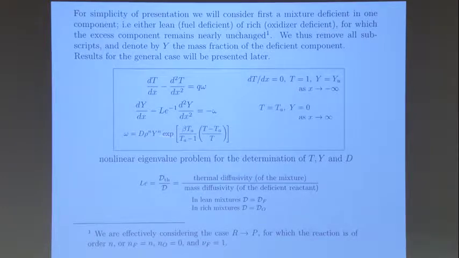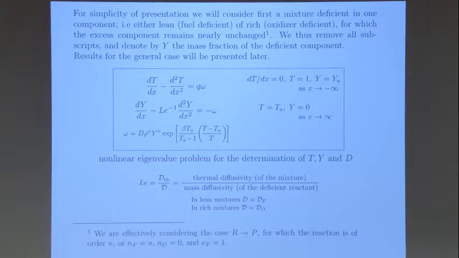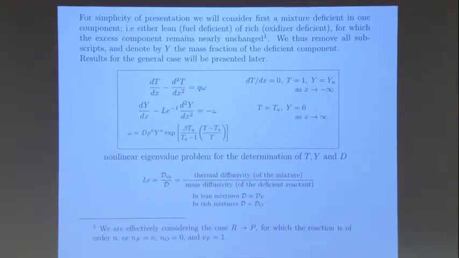Far to the left, the temperature is known, it is the unburned temperature. Everything is made dimensionless here. The mass fraction is known. And far to the right, the temperature we found must be the adiabatic flame temperature, T_A, and everything is consumed. And so this is, as I said, the simplest problem, and yet an exact solution is not possible. This is, for example, in contrast to fluid mechanics, where we know many exact solutions of simple problems, like flow in a pipe or Stokes problem, and so on and so forth. So anyway,